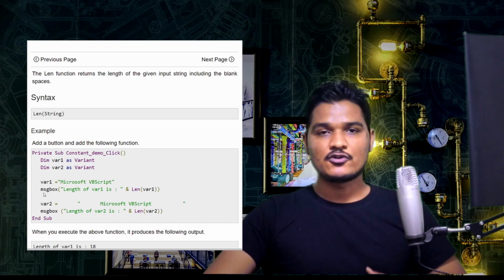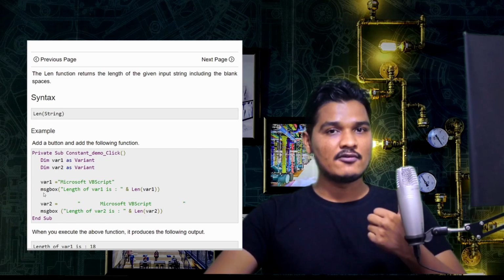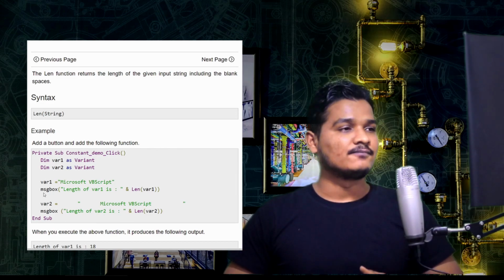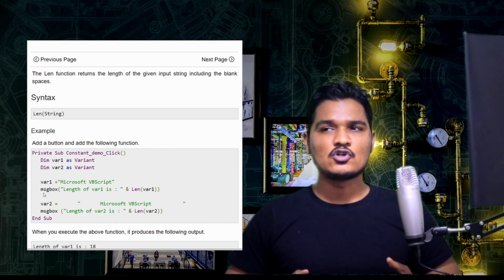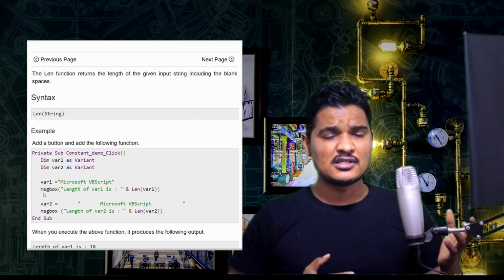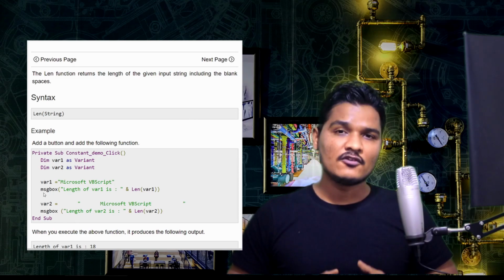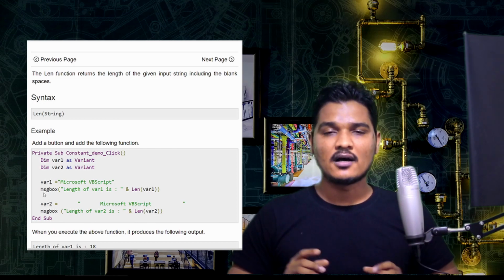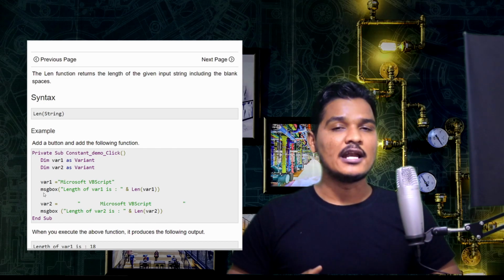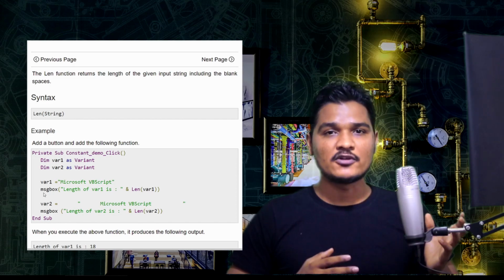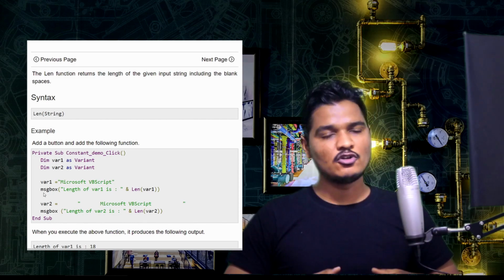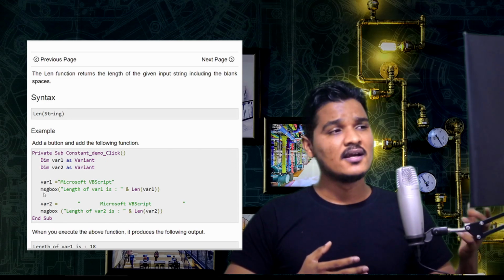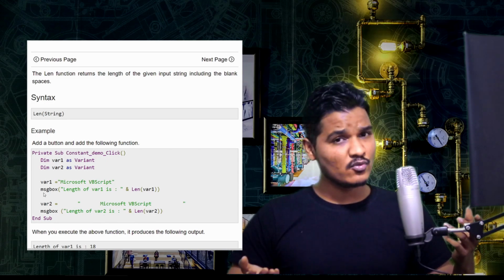First of all, we are going to define two variables, variable 1 and variable 2, which are var1 and var2. Both variable types are variant. Here we are taking variant because we are not doing many calculations, and variant will work easily here. If you are doing lots of calculation in your coding, then don't define it as a variant. Otherwise it will take lots of time and also consume lots of memory space of your computer. Here we are writing a simple program, so we can take var1 and var2 as variant.